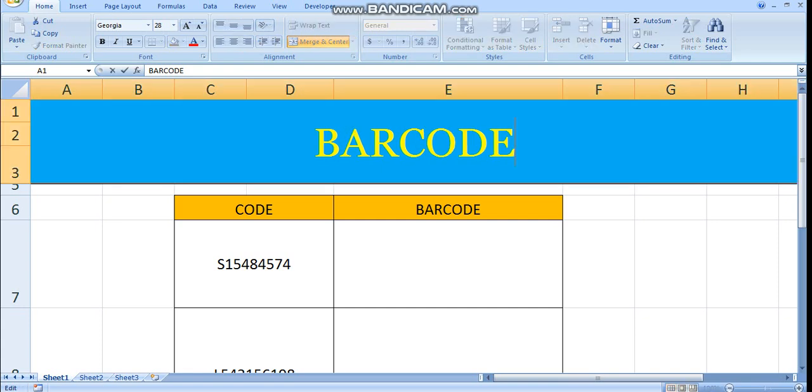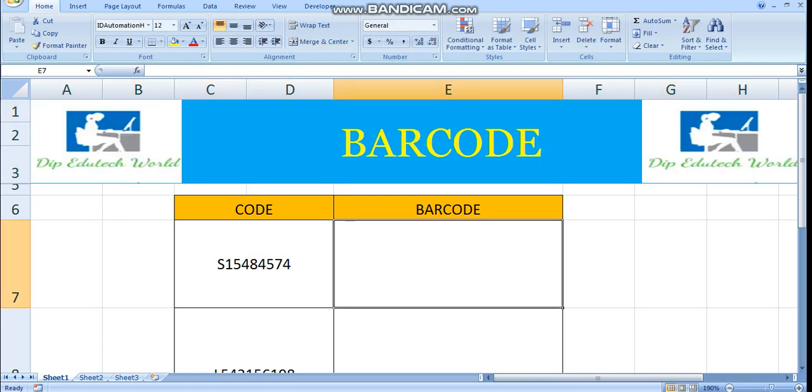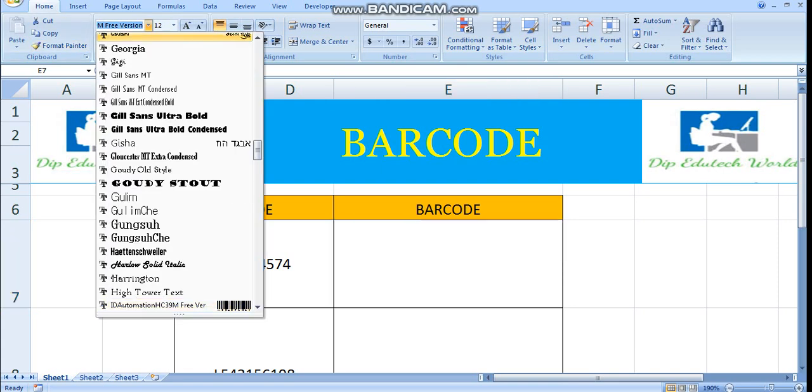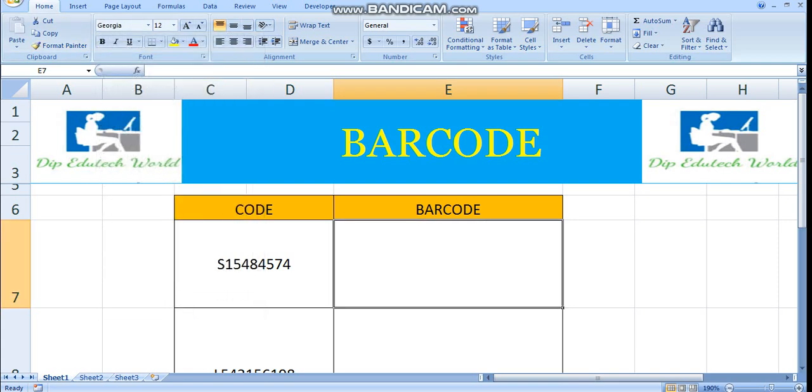Now under the barcode cell, write a formula to create a barcode. The formula is equals, double quote, asterisk, open the first bracket and ampersand, then after the first bracket again double quote, open, then ampersand, then select the code,